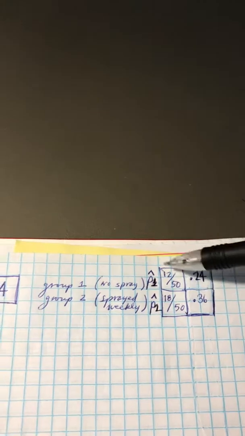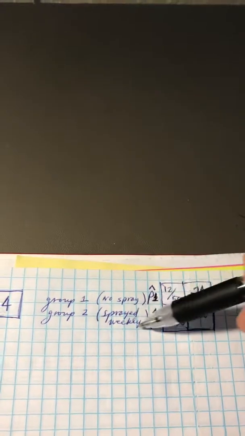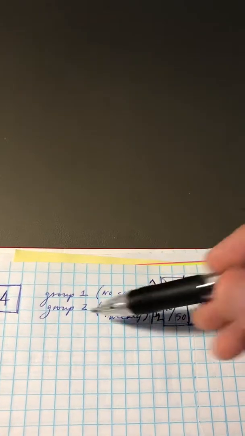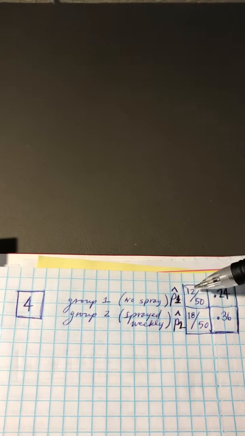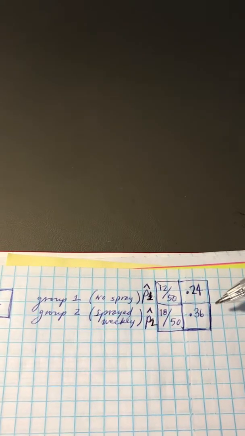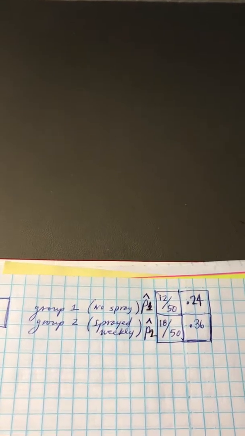But okay, so looking at no spray, it looks as if the ones that get sprayed weekly, so it does look like the fertilizer's working because the ones that are sprayed weekly, which are in group 2, there's 18 out of 50, and that's the proportion, the sample proportion, and this is the other one. And so as I've collected the data here, they really want to know